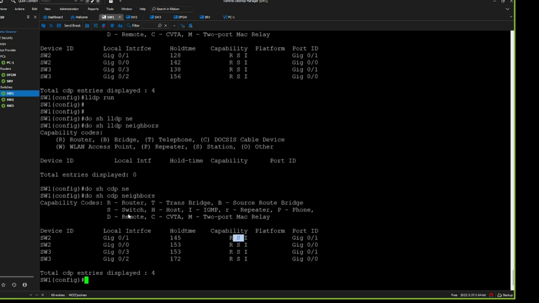S means it is detecting a switch, and the switch links can be layer 2 and layer 3, so it's a router. And the IGMP protocol means routing can happen on that particular link. This is the extra information, and the interface on which you are detecting those different devices is what it shows here. If I say do show LLDP neighbors,